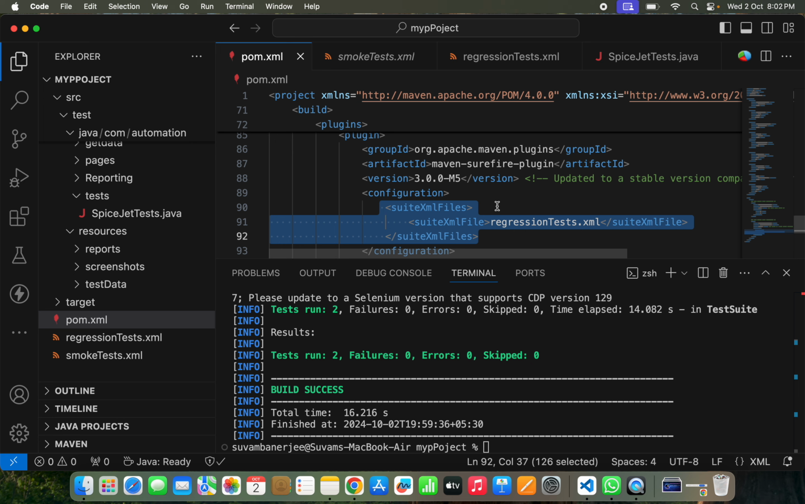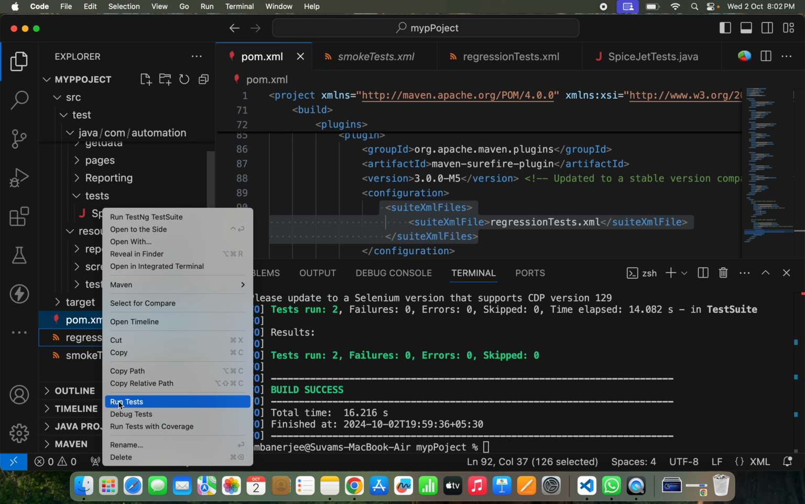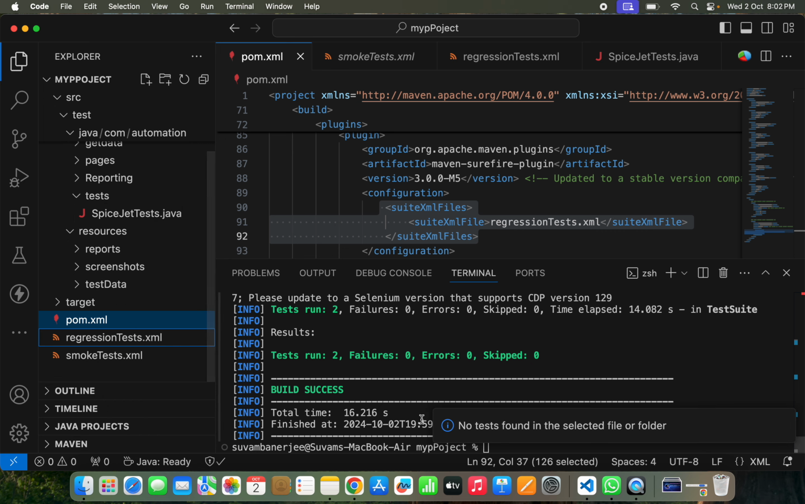Main class should be present, but we are not using main class, right? We are running it through testng.xml. We are running the test through testng.xml. एक्चुअली आप ये testng.xml ही रन कर रहे हो. तो what you are doing is you are just right clicking on it and this run tests. Okay, there is no test found, it is saying, because I don't have that testng